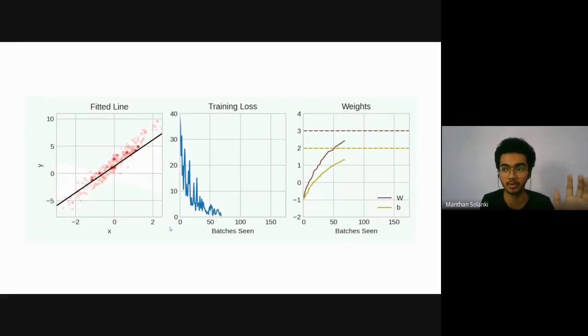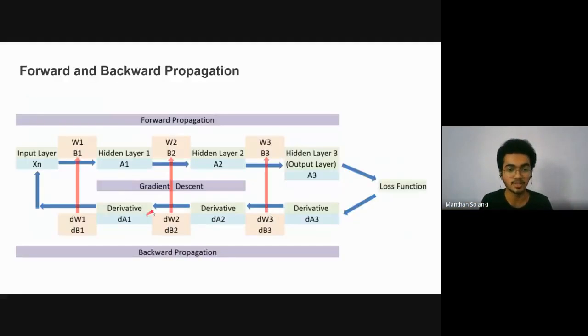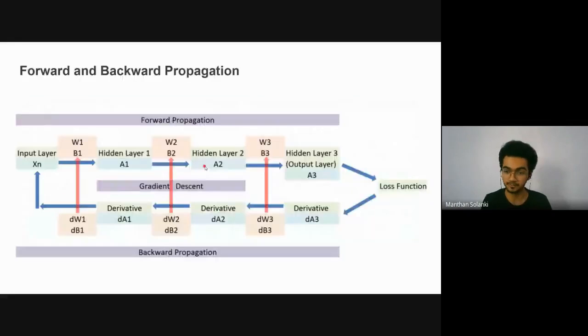So what will happen if, let's suppose, we have 100 images? I will feed my neural network 10 images at a time. So 10 images come, after that the loss value is calculated, backward propagation happens, and the parameters are updated. After that, again 10 images come, and I calculate the loss value, get the average, and do backward propagation